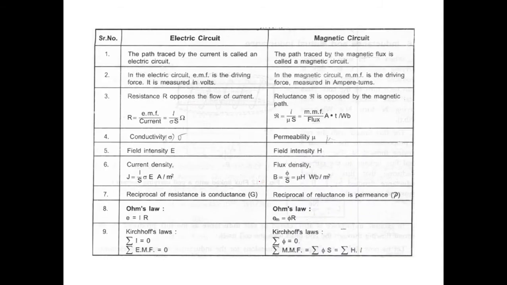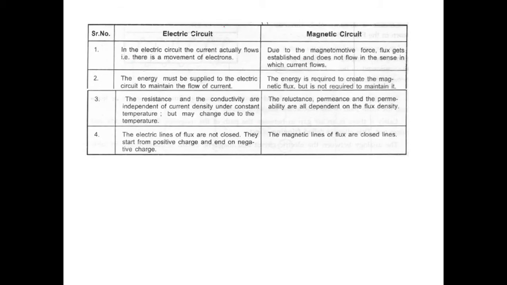Now, I want you to go through this one which you have already seen in basic electrical. So this is the difference between electric circuit and magnetic circuit. Very simple similarities, or analogy you can say. So here, for example, in electric circuit we call it resistance. In magnetic it is called reluctance, right? So all the similarities are given here, and these are the dissimilarities. These are the differences between electric circuit and magnetic circuit. I'm not going through all these. You just go through these because we have already studied this in basic electrical, right?